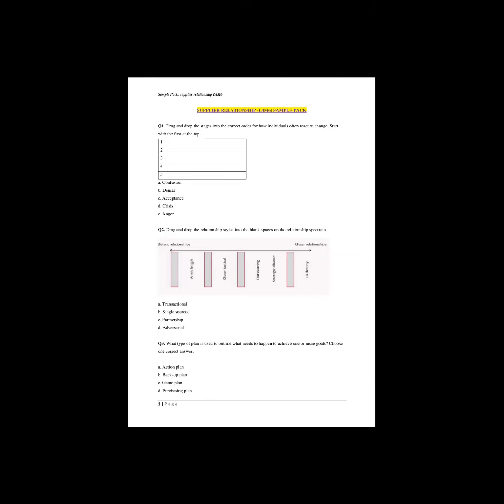This is not the order we have in the book, because when you look at the popular order, it's different from this. Yes. So this is something new that you should also know, since it can appear in exam sets. It is additional information. If you get something like this, please know the order. It starts with denial, anger, confusion, crisis, and ends with acceptance. So you can learn that also in addition to the one you have in the book.